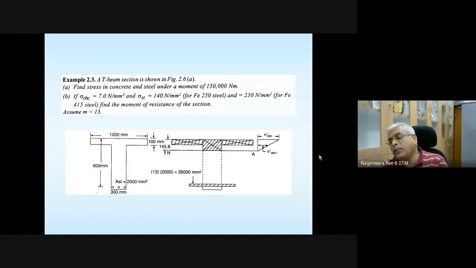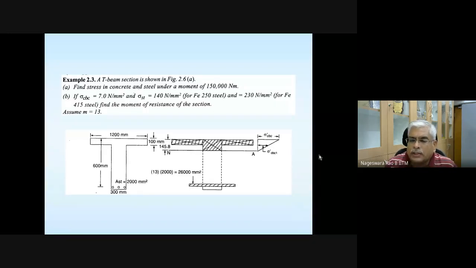And stress distribution you need to get for the transformed section. Okay. Because we have here a composite section, or we have two materials. One is concrete, another is steel. It is always better to convert, for mathematical simplicity, into an equivalent section made of only a single material, concrete. Anyway, these are the basic steps. These steps remain the same.